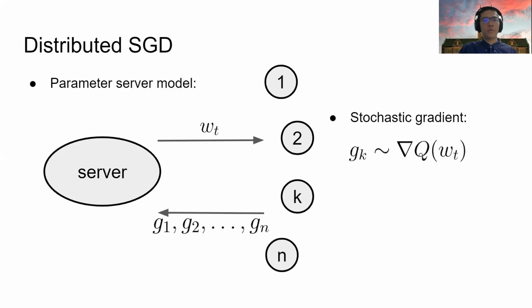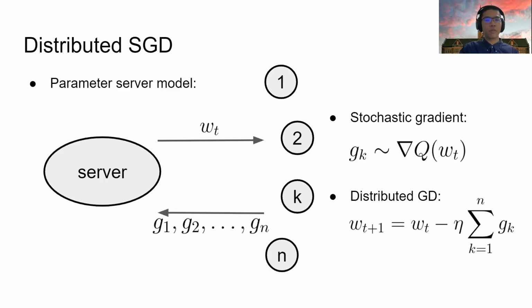So ideally, the distributed version of the gradient descent should naturally be the following equation, which is subtracting the current parameter with the sum of all aggregated gradients. However, in the real world, such simple aggregation rule is vulnerable to malicious attacks. For example, if there exists an omniscient adversary that knows all the gradients, then it can hack in one worker and manipulate its gradient such that the sum is always 0. This certainly prevents the algorithm from converging. So the existence of such an adversary raises the need for a fault-tolerant distributed learning algorithm.